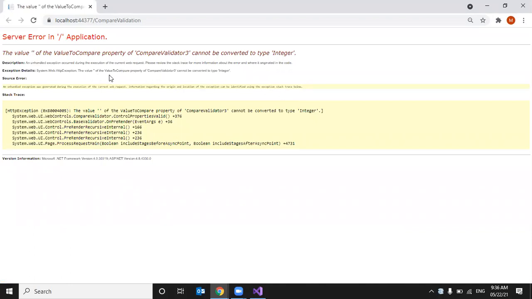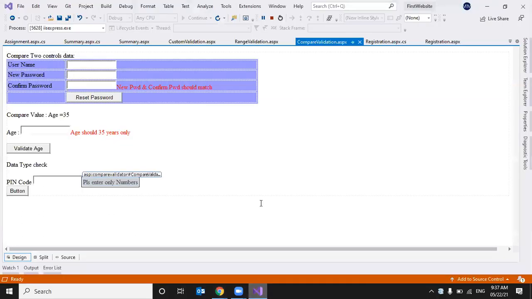The value to compare property cannot be converted to type integer. Initial value is empty. Just a second. Okay, sorry.